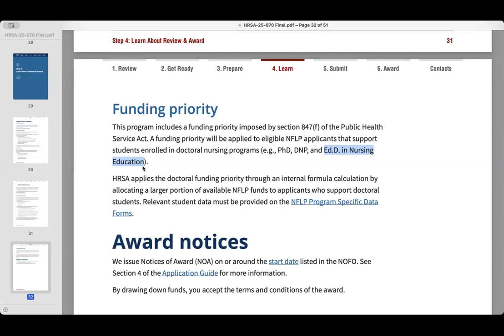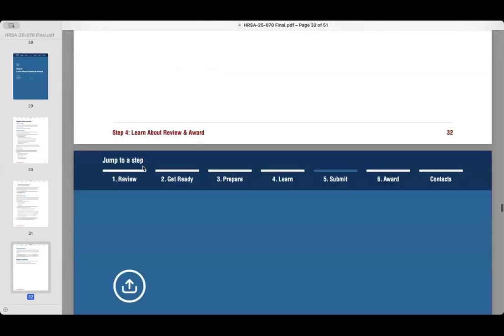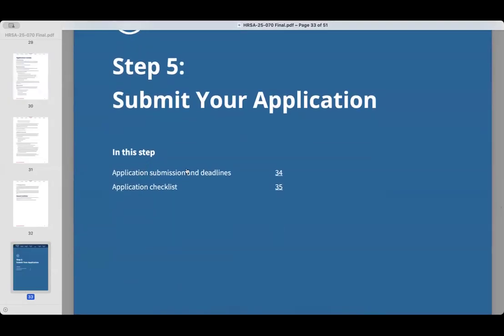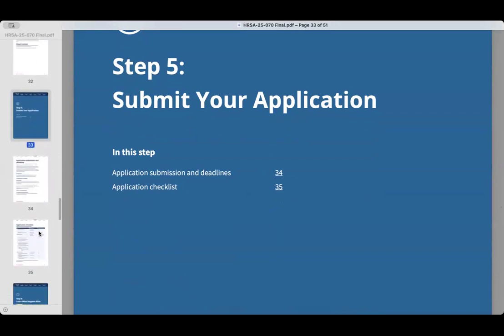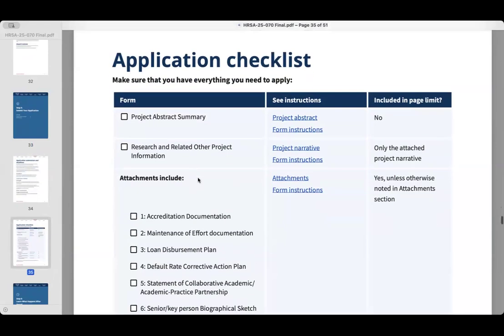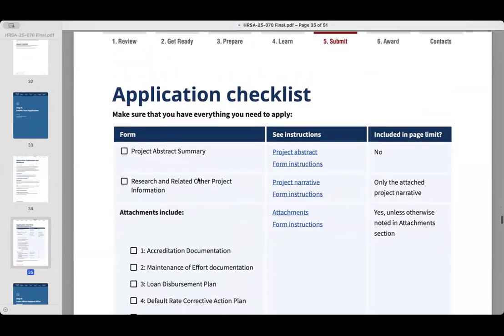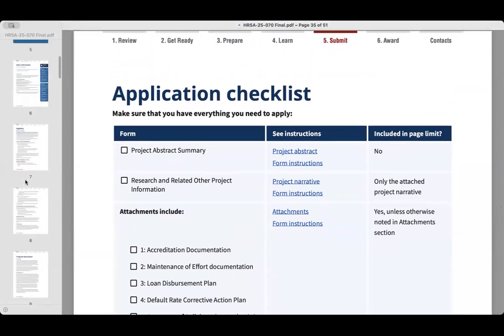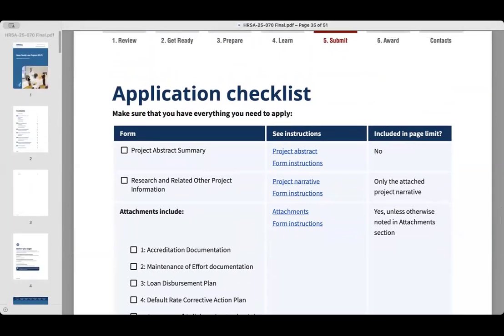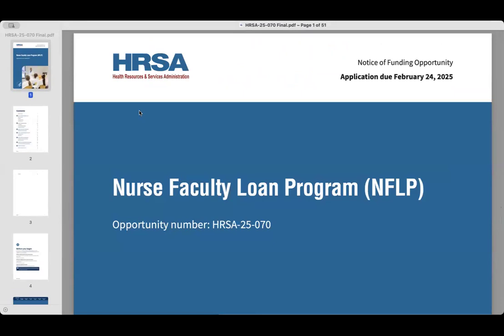So with that, I think we are reaching the end of our main discussion on this. So let's just do a recap of some of the things that we've talked about by way of looking at this application checklist. So the Nurse Faculty Loan Program is an annual